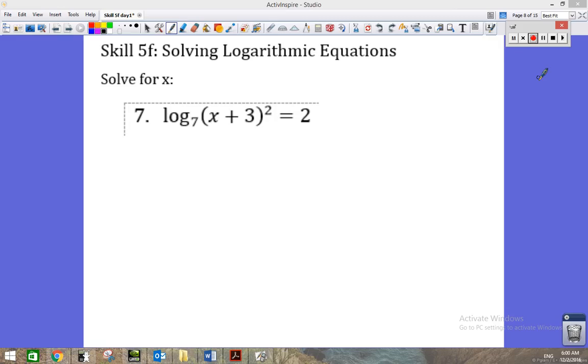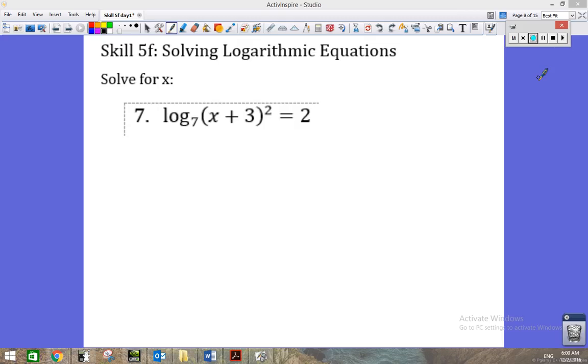We're looking at Skill Packet 5, exponential and logarithmic functions. In this Skill 5F, we've got logarithmic equations that we want to solve. We need to know the properties of logarithms, and I should also include the definition of a logarithm, because we often need to convert a log equation to exponential form in order to